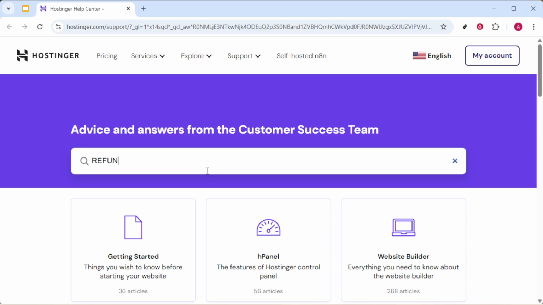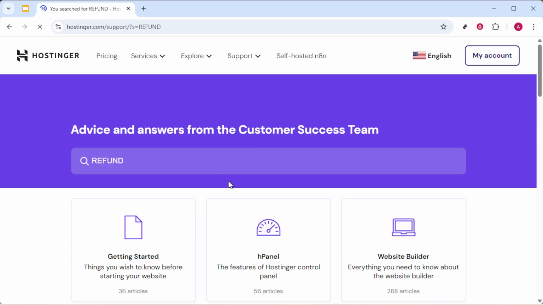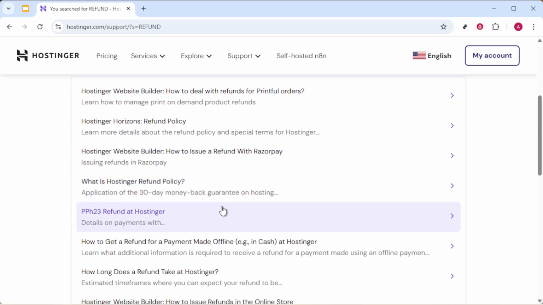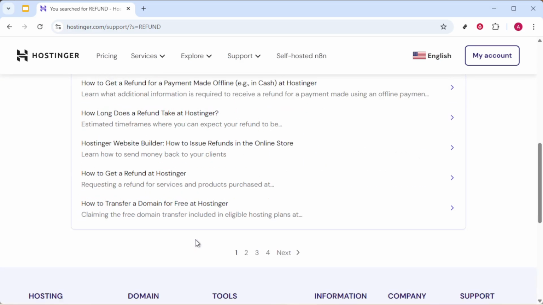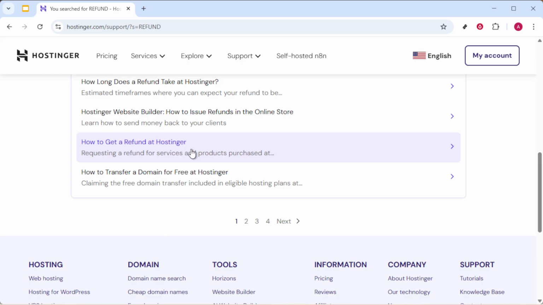Once there, you'll type the word refund into the search bar. After hitting enter, you'll be directed to a section where you need to click on how to get a refund at Hostinger. This will provide an overview of the refund process so you have a clear understanding of the next